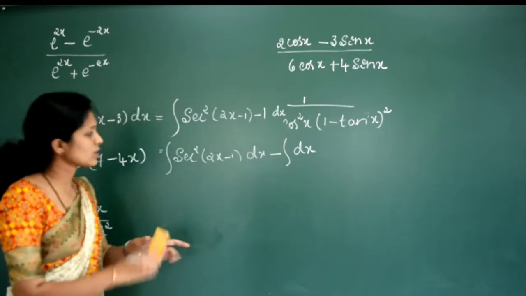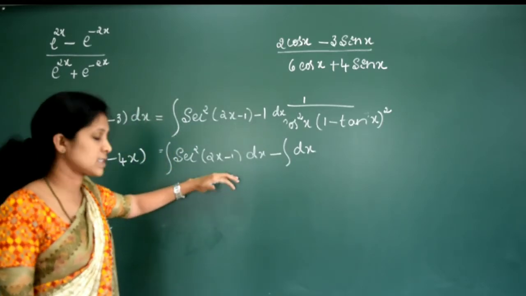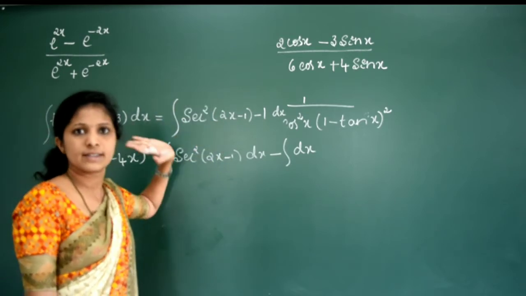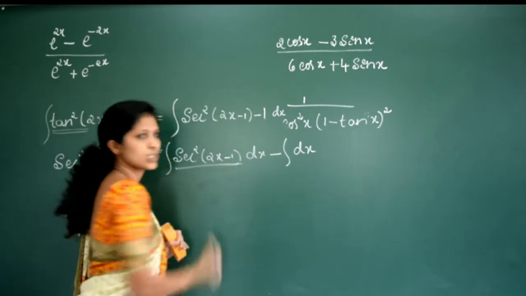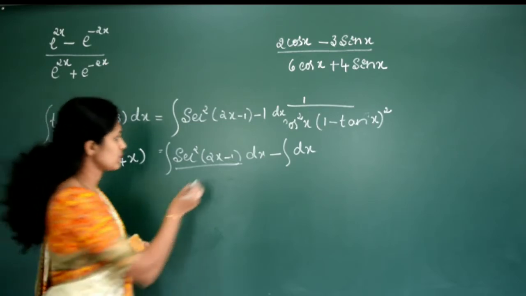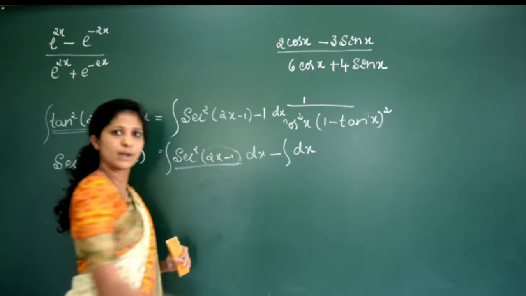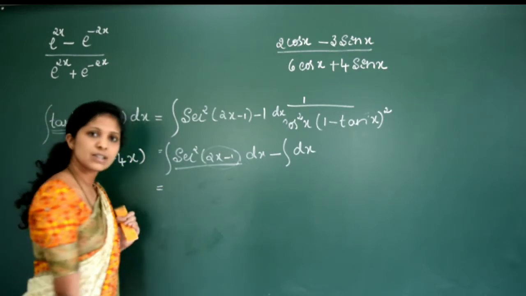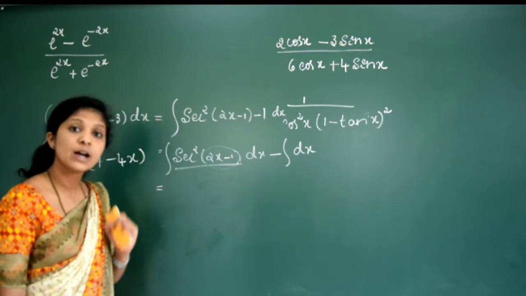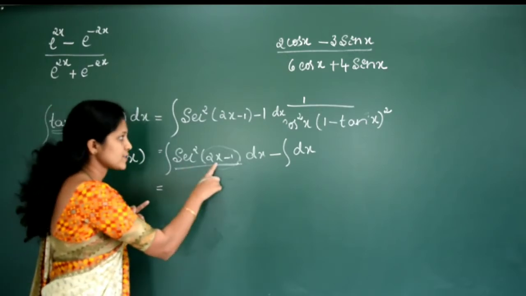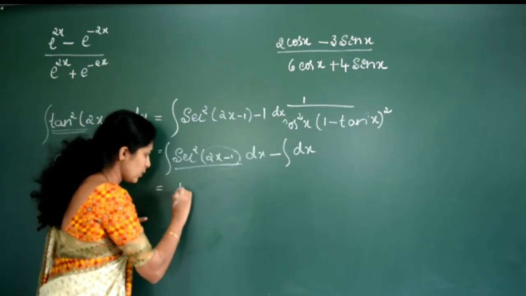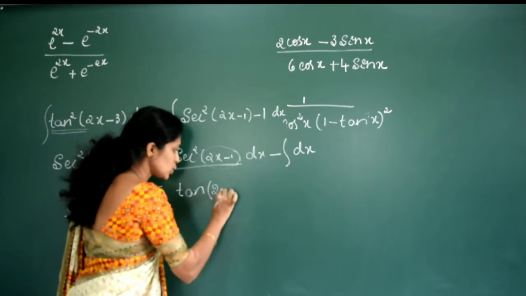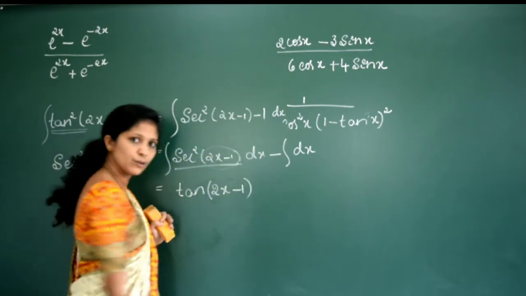Here it is not compulsory that you go with the substitution method only. They will not mention any methods; they just ask to integrate this. That's it. So here we can directly integrate this function, right? If you want to go with the substitution method, you can give the substitution 2x minus 1 is equal to t, or else directly we can use that the integration of secant square x is equal to tan x, right? So the integration of secant square of 2x minus 1 will be equal to tan of, listen carefully, in the place of x we have 2x minus 1, tan of 2x minus 1.